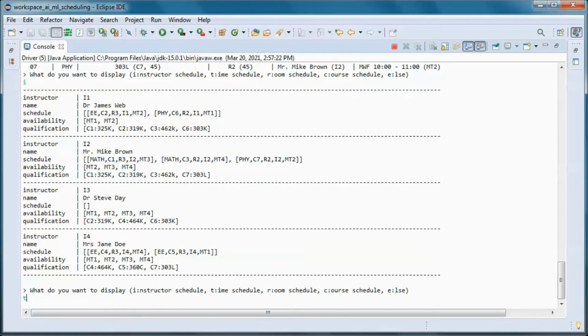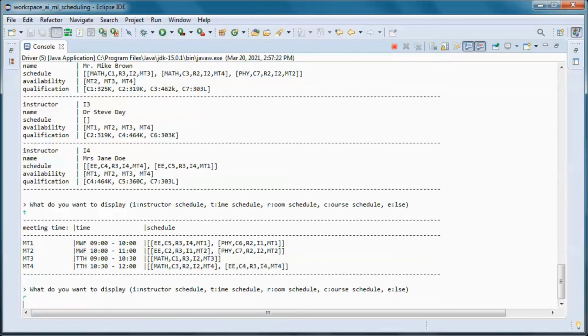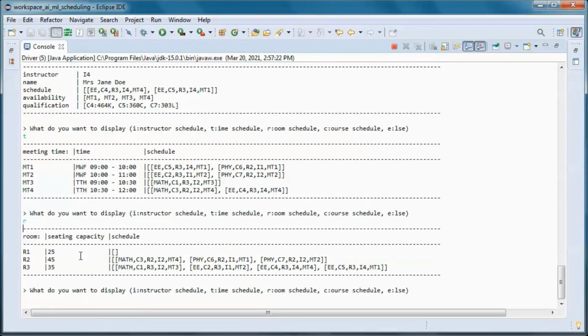So from the time perspective, we have meeting time 1 have those 2 classes scheduled, and meeting time 2 have those 2, etc. And from the room perspective, so we have 3 rooms in the system, and this room has 3 classes scheduled at meeting time 1, 2, and 4, and this one has 4 courses scheduled.